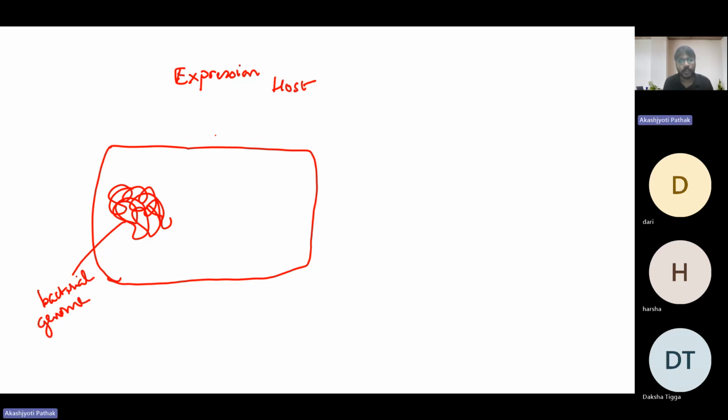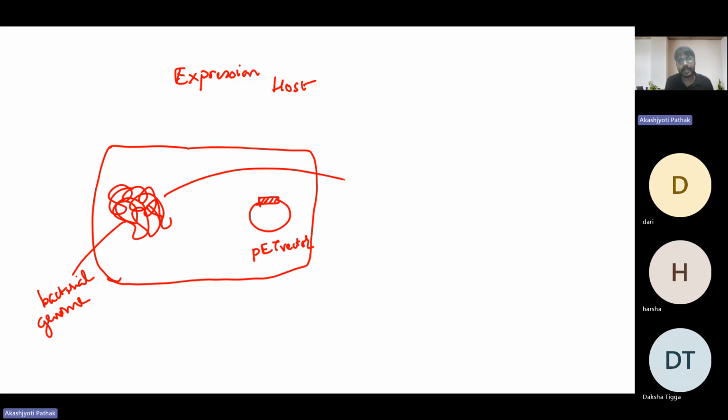And now you have transformed this bacteria. So your bacteria will also have the plasmid, the cloned plasmid. This is your cloned plasmid. Since this is a bacterial host, we have cloned the gene of interest in a pET vector. So this is the pET vector. Now this expression host has been engineered in a way that this bacterial genome